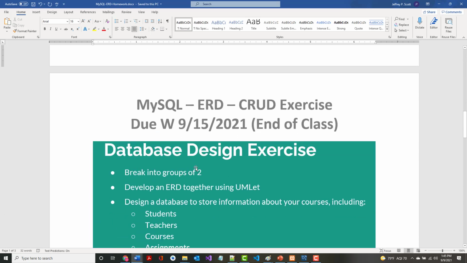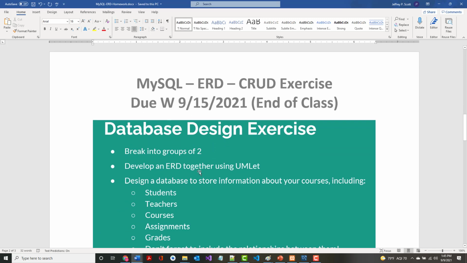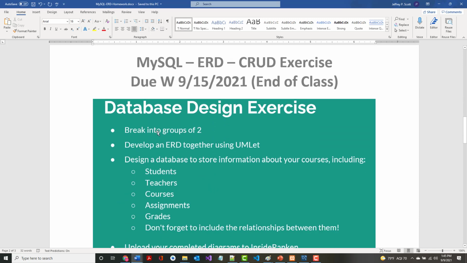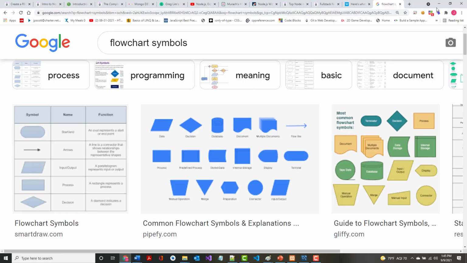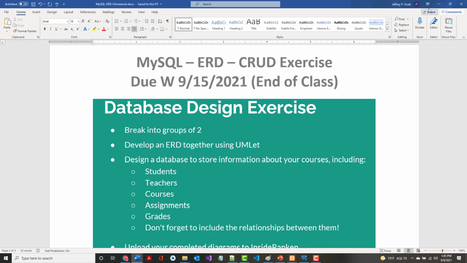So let's take a look at what's in here. Again, I took these right off the PowerPoints. So break into groups of 2. We've already done that. Now, one of the things that I emailed you, just so you know, on that email that I sent you today,